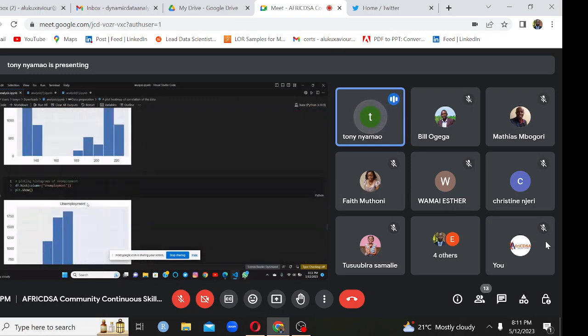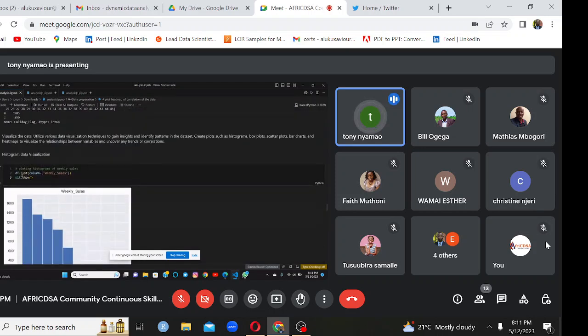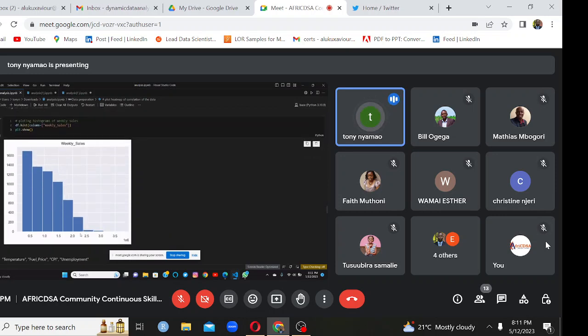Okay, let's start from the top with the histograms. Now here, with the data, I try to plot the histograms of weekly sales. Just df.hist column weekly sales, plt.show. Without the plt.show, I won't be able to get this output. Here, I was able to understand that from the weekly sales of 0.5 to 1.0, 1.5, 2.0, 2.5, they were